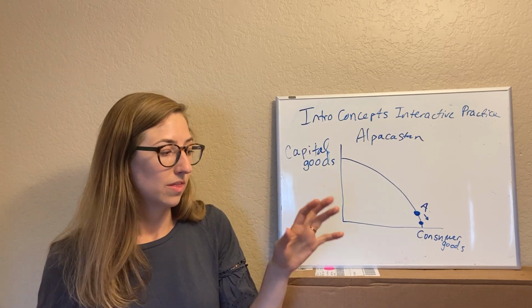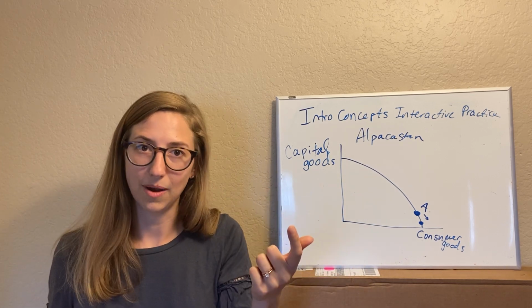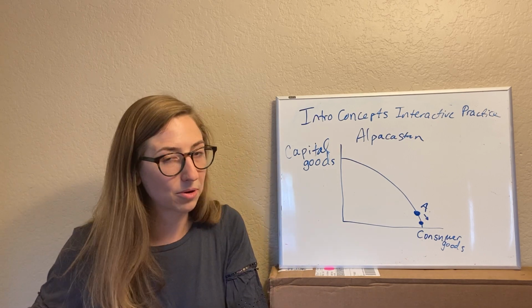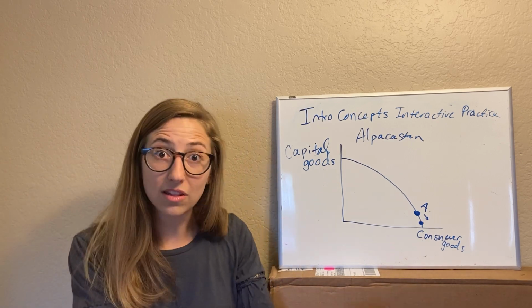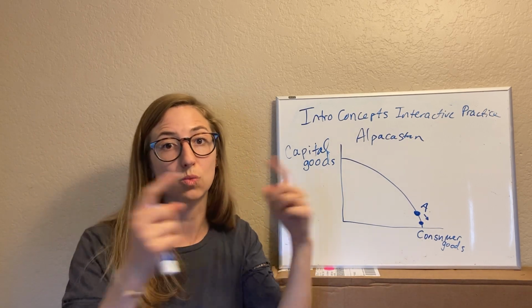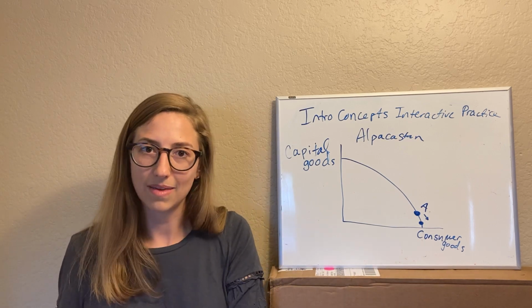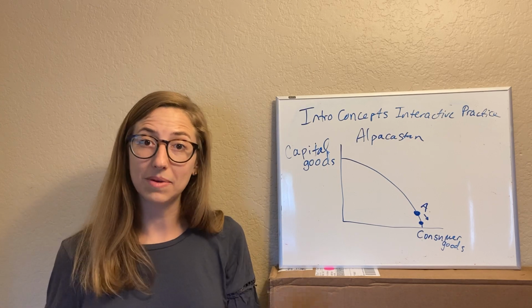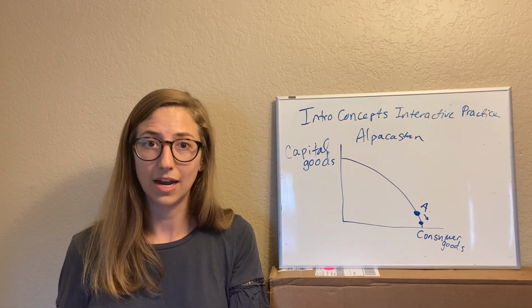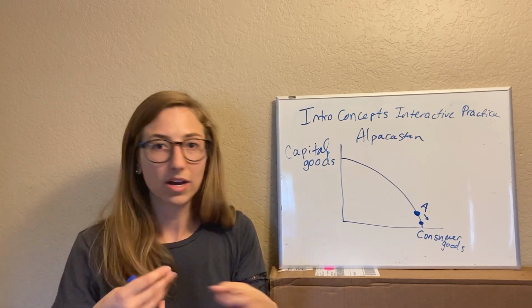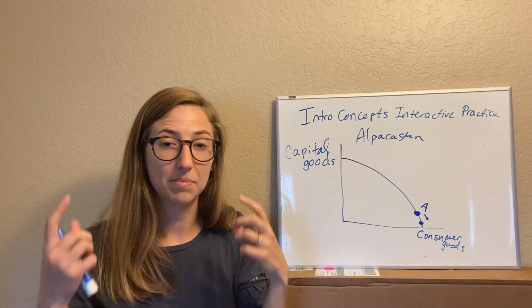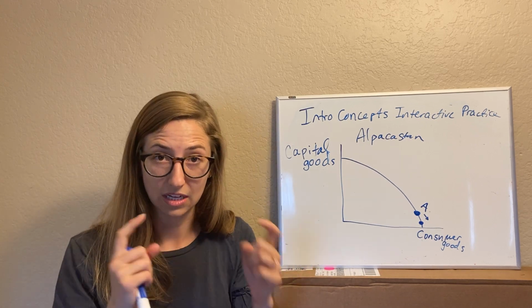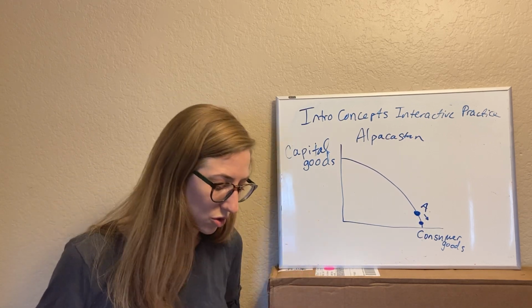And so the producers will see that higher price and they'll say, wow, I was making some capital goods, but now it looks like I could make a lot of money making consumer goods. I'm gonna switch my factory if I can from making capital goods to making consumer goods, and then I'll make more money, right? Which is great because then the consumers get what they wanted. They were able to send the message, we want consumer goods, make those for us. And the companies follow that message from the signal that the prices send. Okay, so prices are super important.